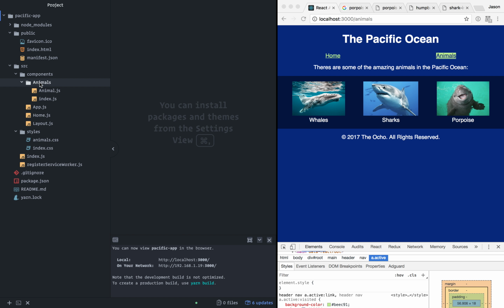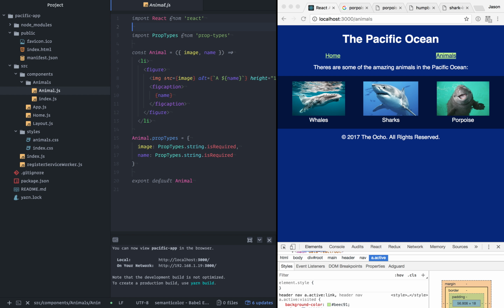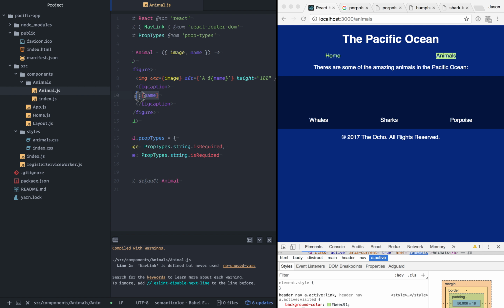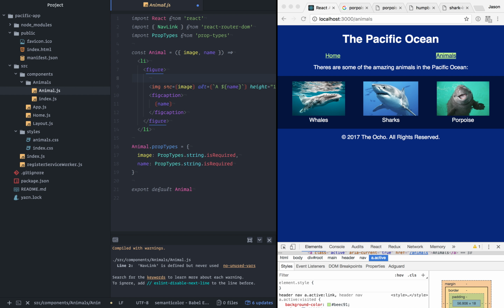So what we're going to do is go here to our animals, our animal, and let's import, and this is going to be a nav link as well. I'm going to have whatever animal we're on be selected. So I'm going to import nav link from React router DOM, and around the whole thing, nav link,